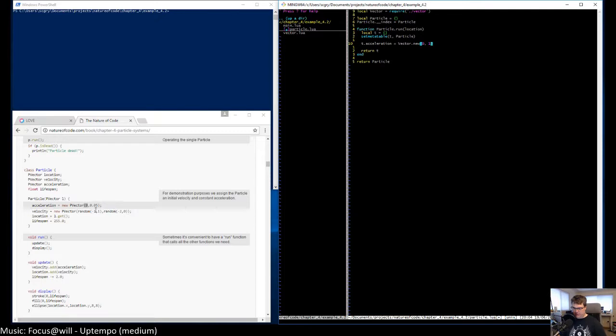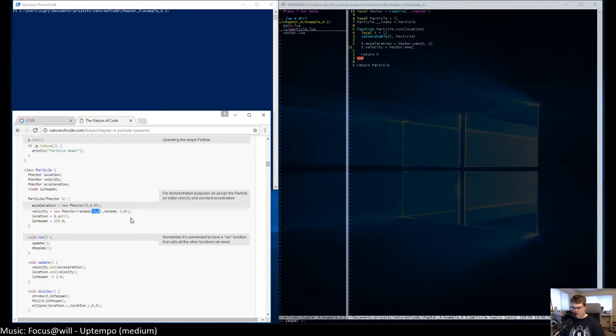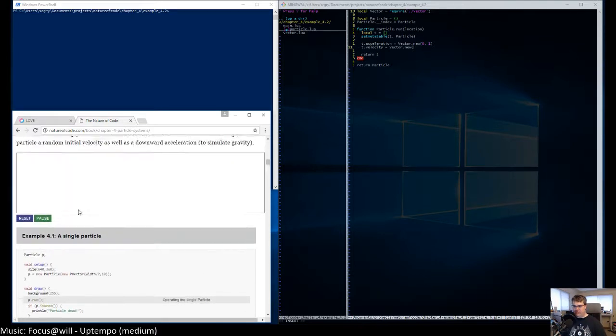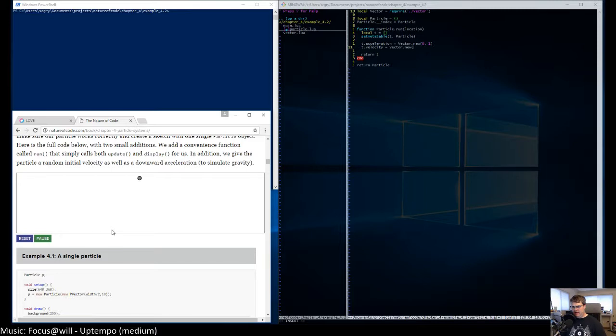Velocity. Looks like we're setting the velocity to begin with. It looks like we're setting it to be a random number between -1 and 1 for the x-axis, so left and right, and -2 and 0 for the y. Oh, because we want it to start up a little bit. Because if we look at this, it starts up a little bit. Oh, that's cool.